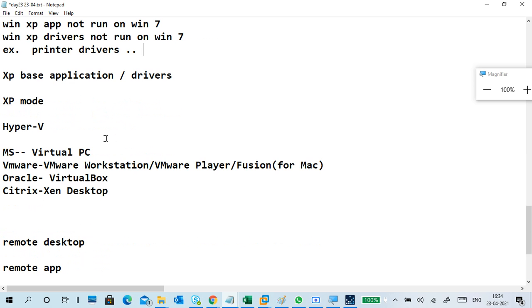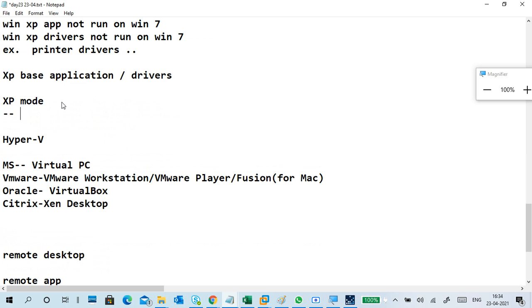So what they did was launch XP Mode. XP Mode is nothing but a virtual machine, or we can say virtual PC. There is a small application called Virtual PC, and the application name is itself Virtual PC. It works in Windows XP, Vista, and 7, but does not work in Windows 8. It is a very small, very good application. So that application should be installed, or XP Mode is available directly.